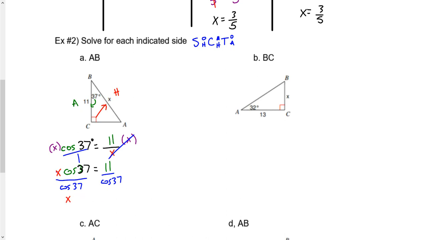Meaning our x value would equal 11 divided by the cosine of 37, leaving us with a final answer. Usually, as I go through things, I like rounding to the nearest tenth. 11 divided by the cosine of 37